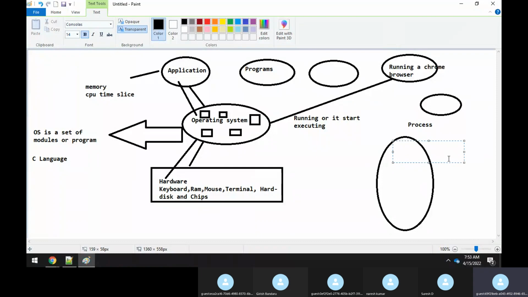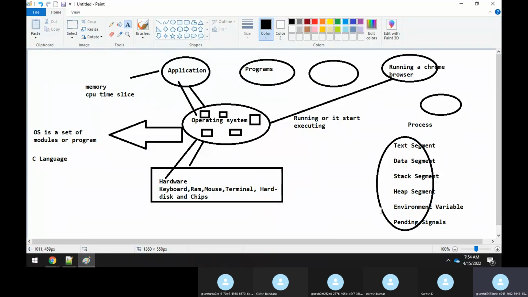It has a text segment, a data segment, a stack segment, a heap segment, some environment variables, and some pending signals.